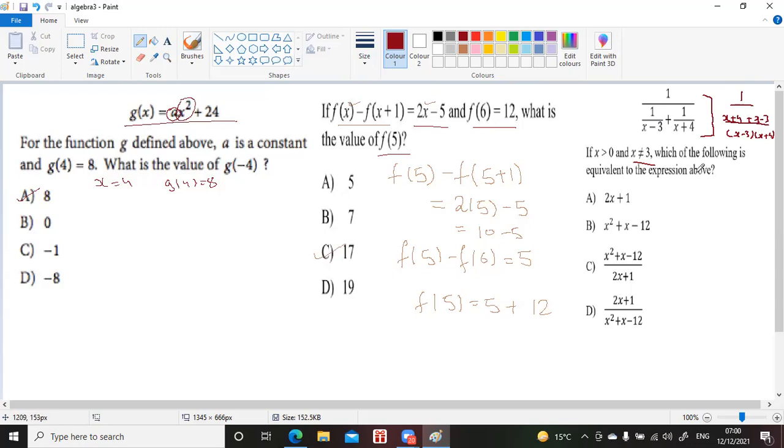Yes, ma'am. Okay, perfect. Let's just simplify it. So we'll have x minus 3 into x plus 4 divided by